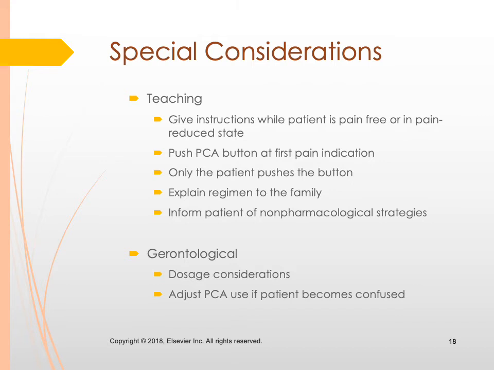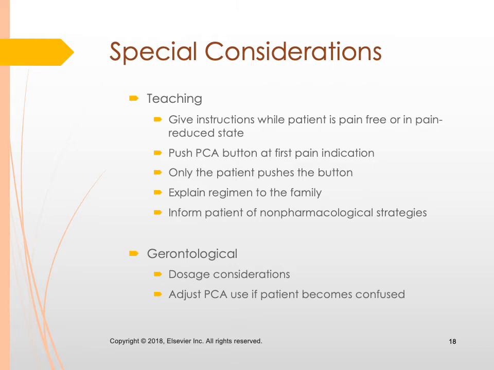Gerontological considerations, definitely lower doses usually. Adjusted PCA if the patient becomes confused, and the doctor will have to really assess if the patient's a good candidate, because sometimes some patients may not be a good candidate. They may not actually follow through and use it because they are afraid, they're fearful. They may want us as healthcare providers to be in more control and actually give them their medication versus them doing it for themselves. So the doctor will assess if the patient's a good candidate for PCA or not,